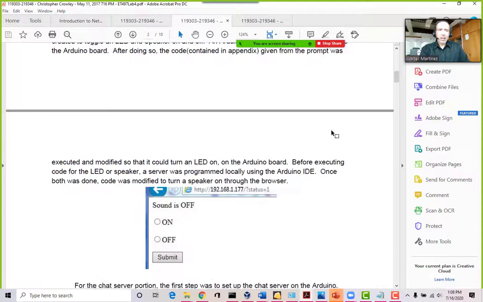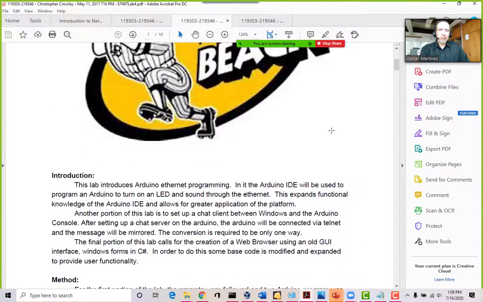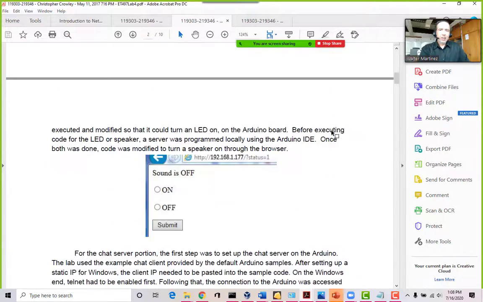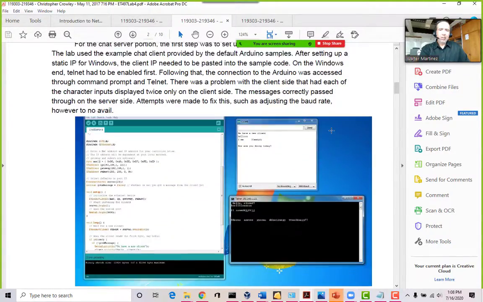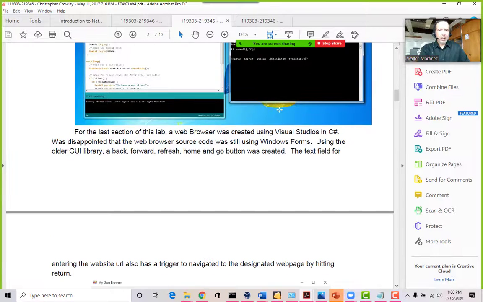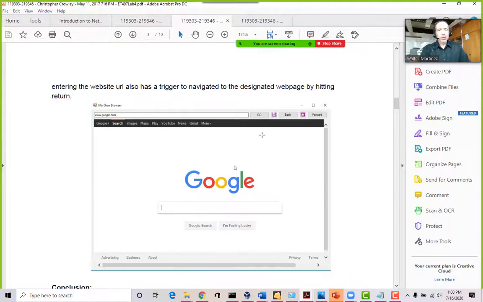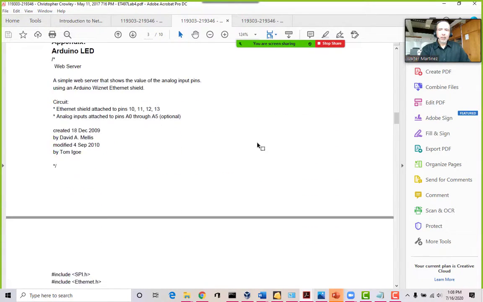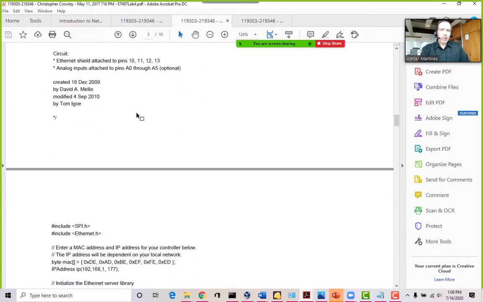Here's the IoT, for example, with Arduino, right? You can see also screenshots, and they did a screenshot of their code, but in this case I would like to have the file of the code that you wrote separately, but also screenshots of what it looks like. In most of these labs you will have to do a demo to your instructor. Okay. Oh yeah, here's the code, for example, that they did.